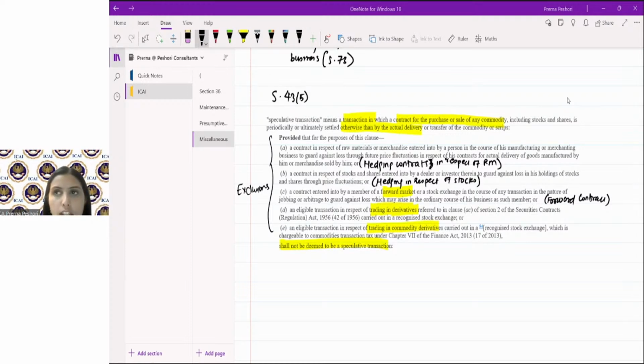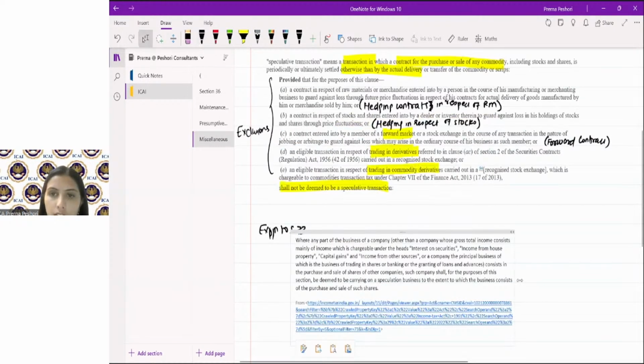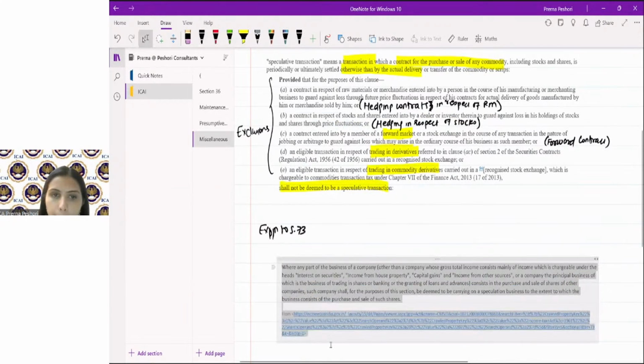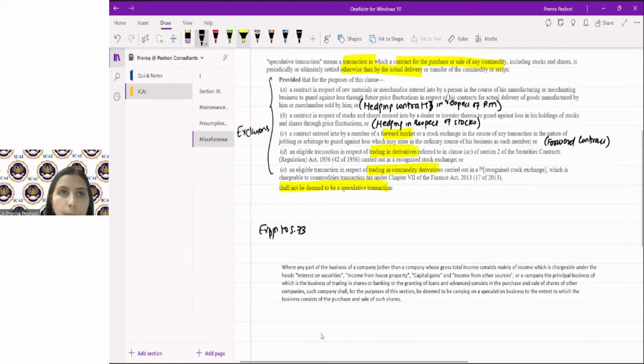Also, if you read section 73, which is in the case of the loss from the speculation business, then the explanation to that section provides that, what does it say? I'm putting it here, the explanation to section 73. It says that where any part of the business of a company, this is for the company, right, and not for any other assessee,